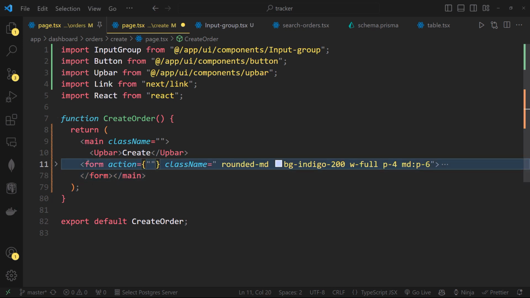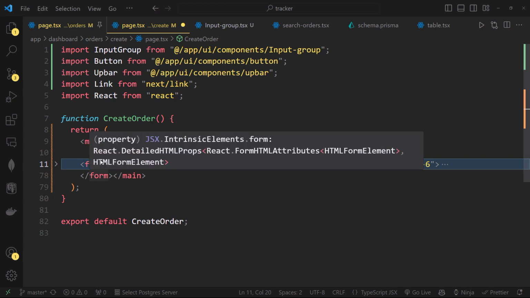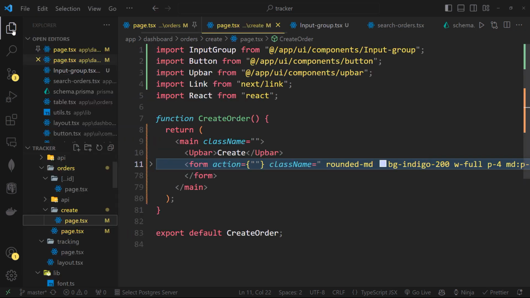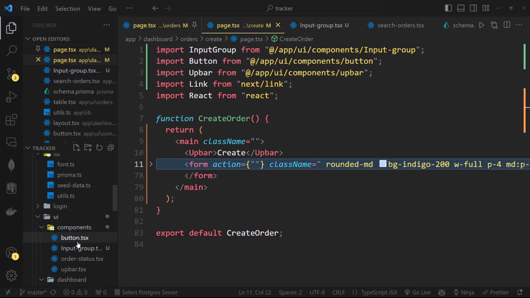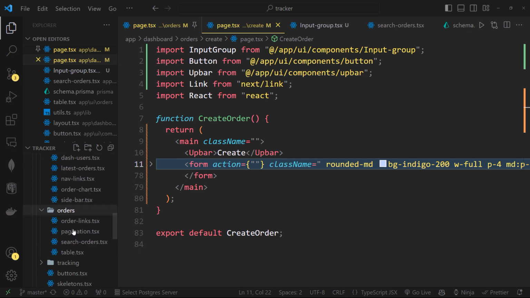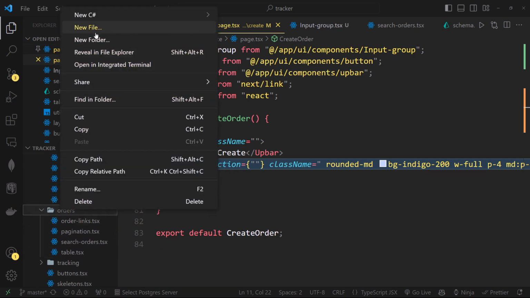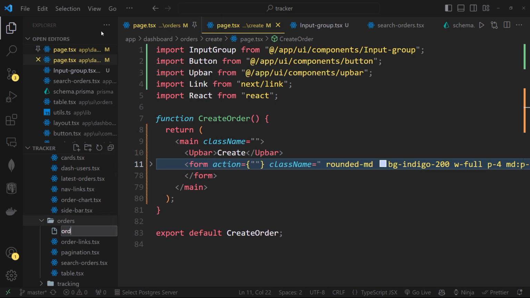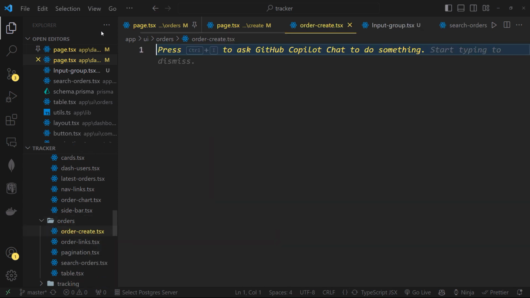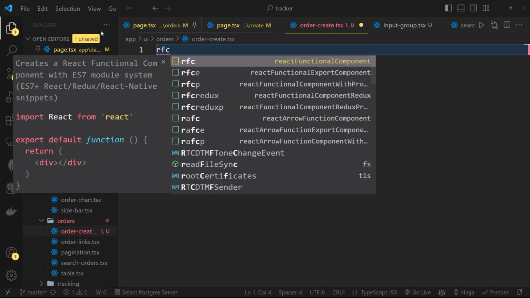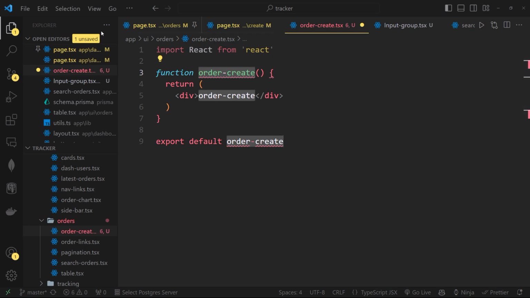What do I want to do? I want to remove this form here and create its own component. So if we come here, we need to create this form its own component. We're going to do that in these orders here. I'll create a new file. I'll say order-create.tsx. I say rfce. I say create